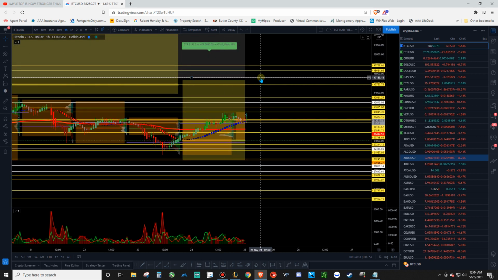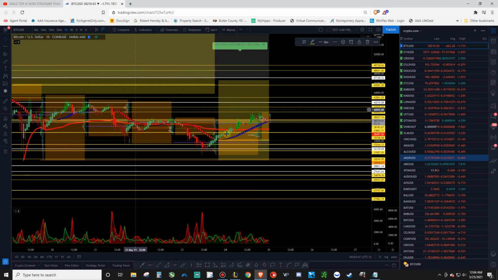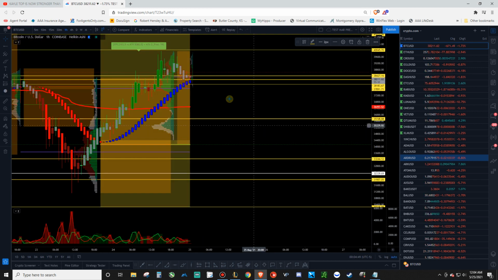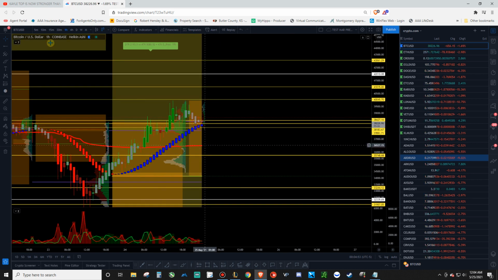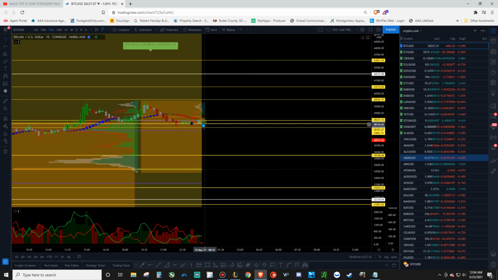And so I have this level highlighted because that's the low of last month. That'll definitely be a level to watch. And we've got this level here, which was the close and then the open of this week. So that'll be another huge level. And so now you have natural levels built in here. So now we're looking at this little trend here, and on hourly, compared to a 15-minute,